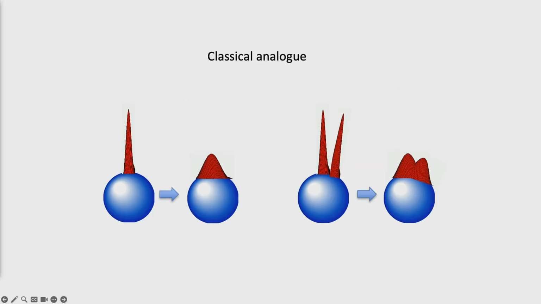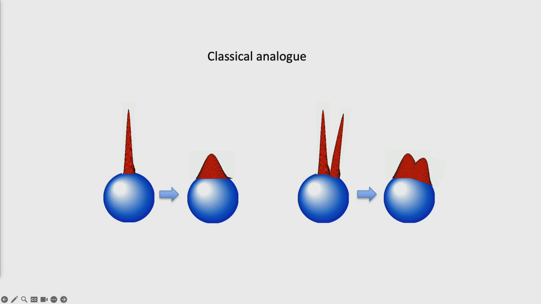It's useful to also think about a classical analog of this, which is, if instead of quantum states I have probability distributions over a sphere, then intuitively I might think that this probability distribution has more asymmetry than this one. They're both clearly not rotationally symmetric. Only the uniform distribution over the sphere is rotationally symmetric. So you might think that's more asymmetric than that. But what that really means is that if you take the orbit of this distribution under all rotations, the amount of distinguishability of the original guy from its rotated version is higher here than it is here. These guys overlap more than they do here, so I have more distinguishability.